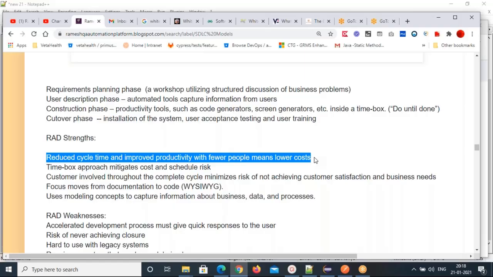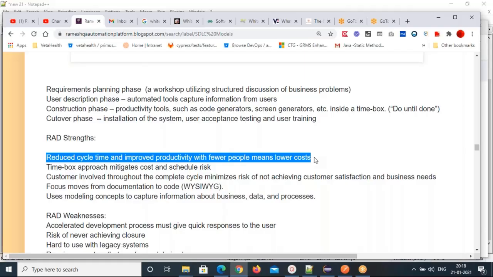Then the customer is involved throughout the complete cycle. So it minimizes the risk of not achieving customer satisfaction and business needs, because he will be there every day in meetings, interacting with the team. He will come to know what you are developing, and he will give feedback, and immediately you can correct if anything goes wrong. You don't need to wait one or two days.